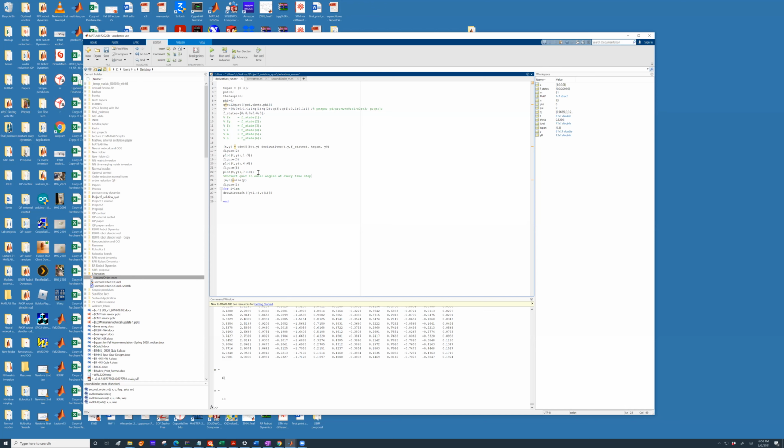And why do we need to convert the quaternion into Euler angles? Because our 3D animation, the animation is in 3 dimensions. Quaternion is a 4-dimensional concept. You cannot show 4 dimensions in 3 dimensions. So you will have to convert the quaternion into Euler angles and construct a new vector, which I'm going to call y new,